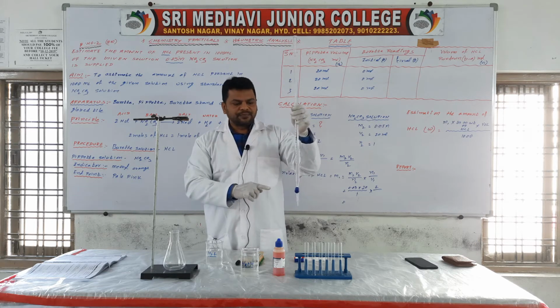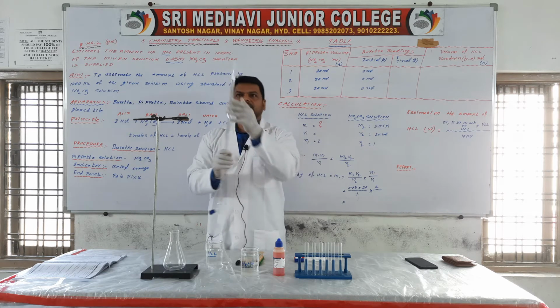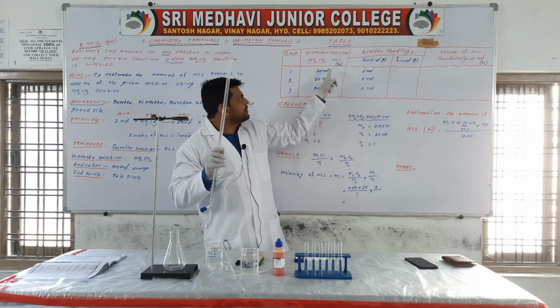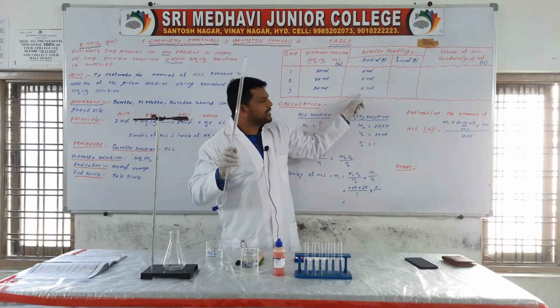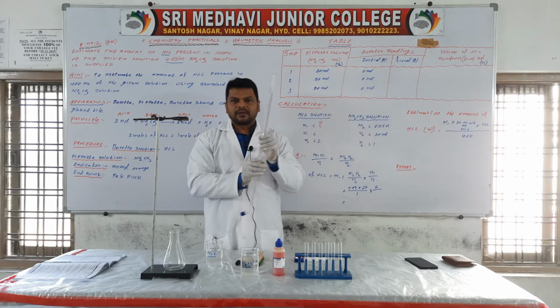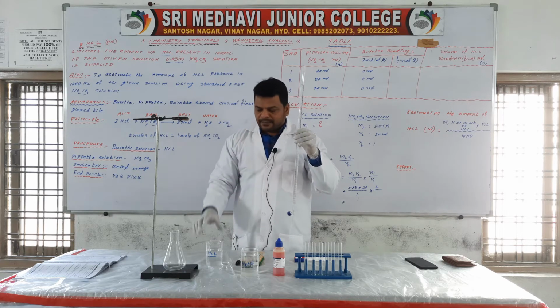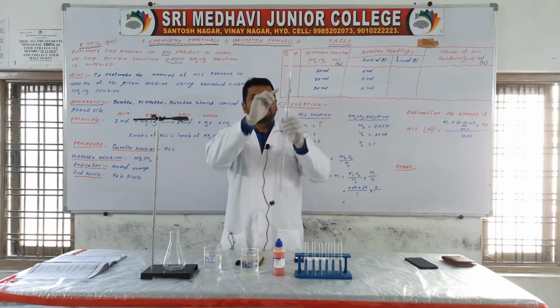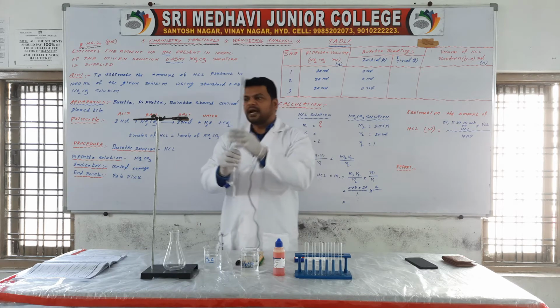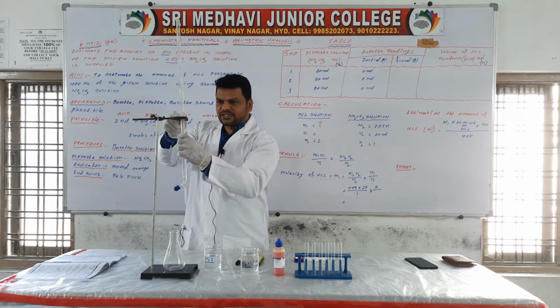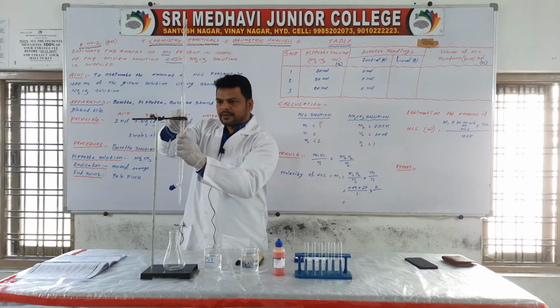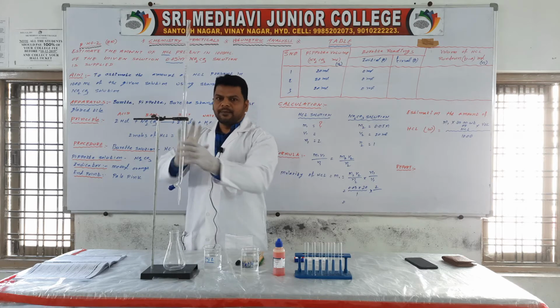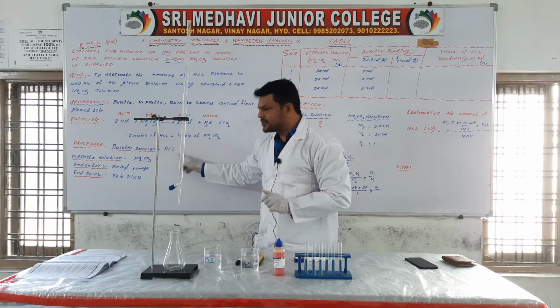So this is 50 ml. Now here the initial reading is 0. That's why we are taking burette readings. Got it, students? First take HCl into the burette, set the initial reading to 0, and clamp it to the burette stand like this. So what is the burette solution? It is HCl.